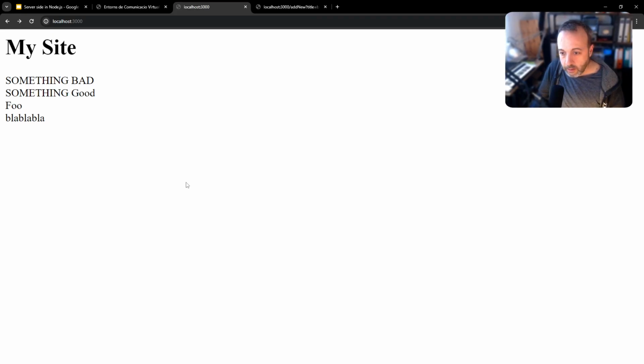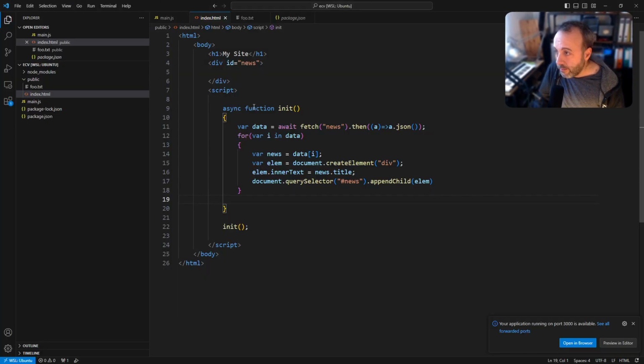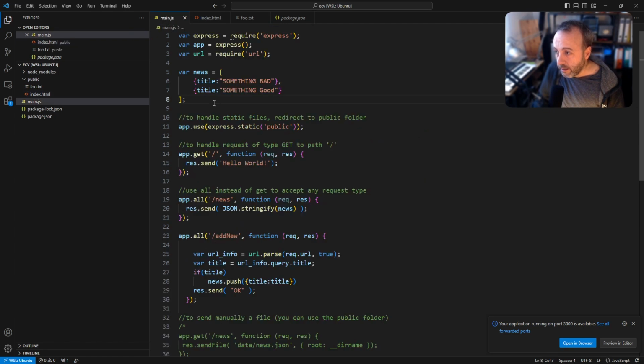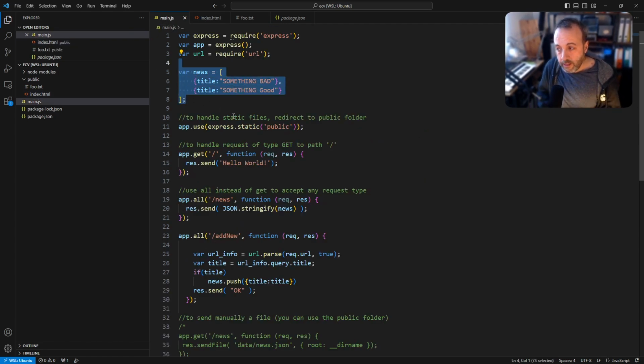If I go here, no data. I reload, the data is missing, it's destroyed. Why? The obvious thing, because I was using the RAM memory to store the data. Here, all the news were in this array, and this array is not a database. So this array only exists as long as my application is executing. When the application closes, boom, all the data disappears. So that's why we don't use the memory for things that have to stay forever or until we want them to be destroyed. We use the RAM only for temporal things that we know that if we lose them, it's okay, because applications can close at any moment,